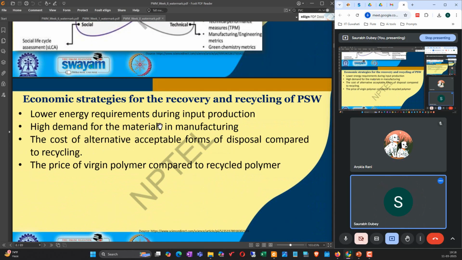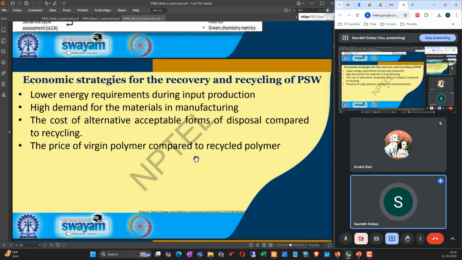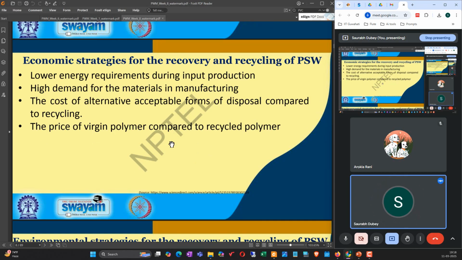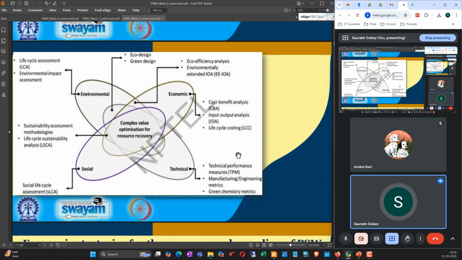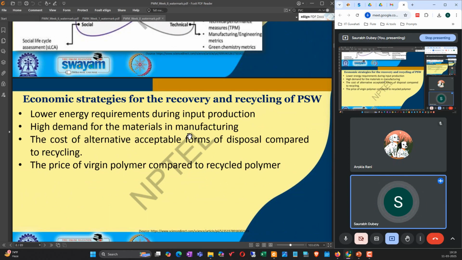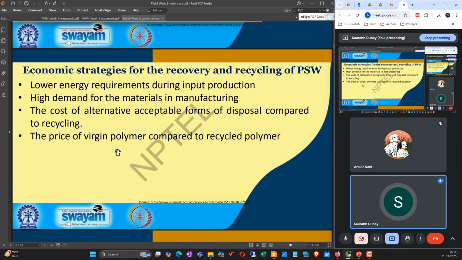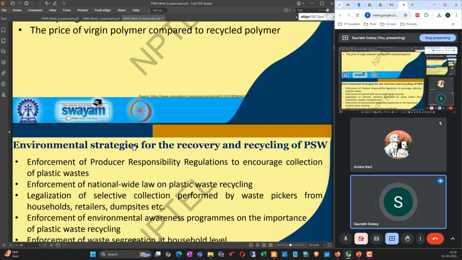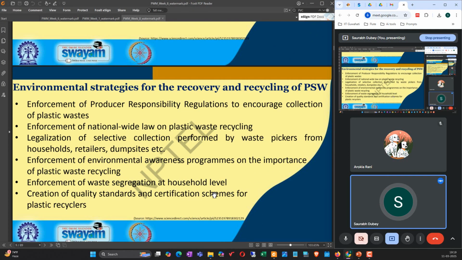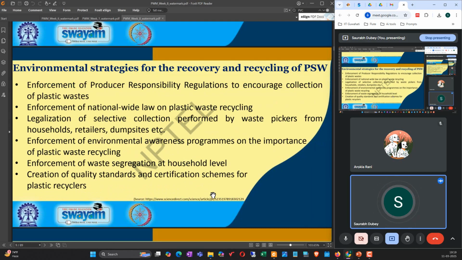So here are the economic strategies for recovery and recycling of plastics. You see the lower energy requirement during input production, right? And then the high demand for the material in manufacturing, the cost of alternative acceptable forms of disposal compared to recycling, and the price of the virgin polymer compared to the recycled polymer. If the recycled polymer is costlier than the virgin one, then the problem comes into the picture. So that's why